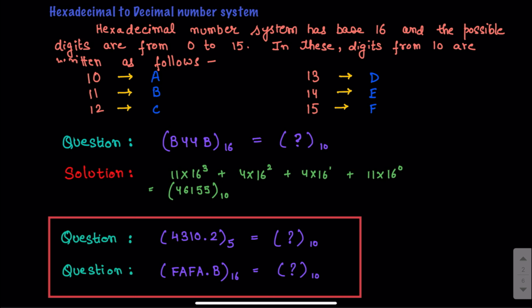So I have two questions for you, one is given in the base of 5 and we need to convert it to decimal, and the other one is again a hexadecimal which needs to be converted to decimal. So please write the answers in the comment section and try to analyze that this number system which is having a base 5 is nothing but you just need to know that you have to multiply with the positional weightage of the base. So try them out and please give the answers in the comment section.